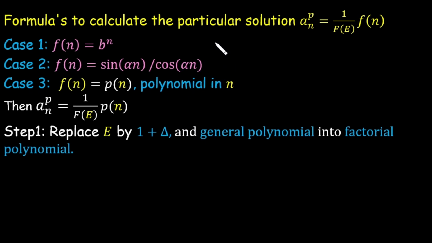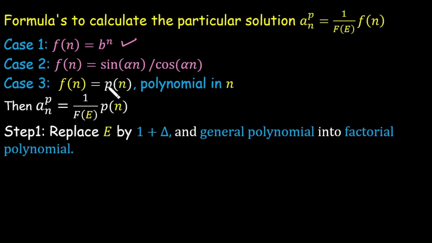In this video, we are going to cover the next two cases for finding the particular solution of a non-homogeneous recurrence relation. In the previous video, we discussed two cases, where we considered the function of the form b raised to power n, and the non-homogeneous function of the form sine alpha n or cos alpha n. But in this case, we will discuss the next case, that is when we have the polynomial on the right hand